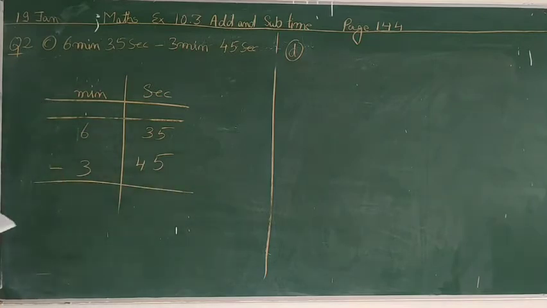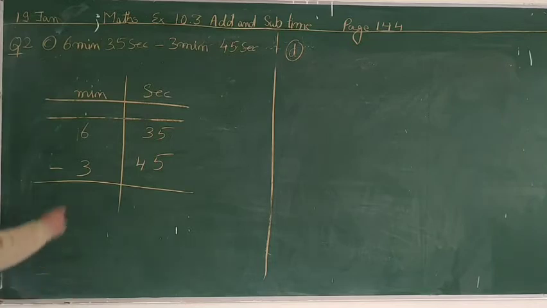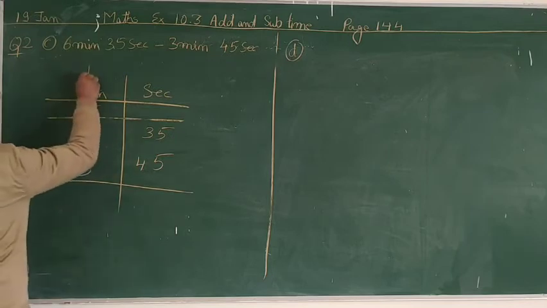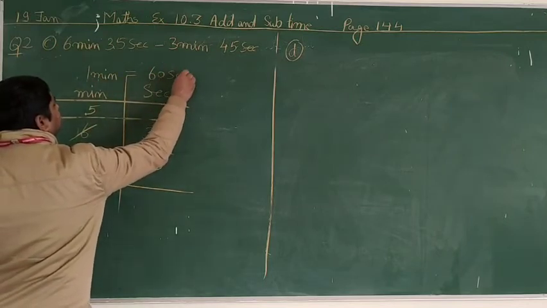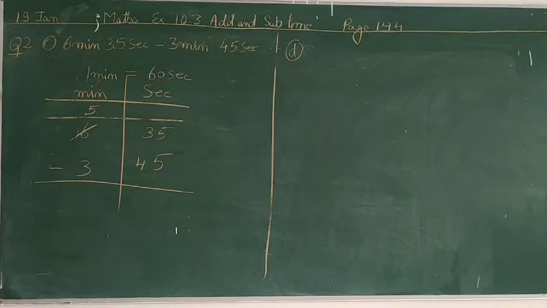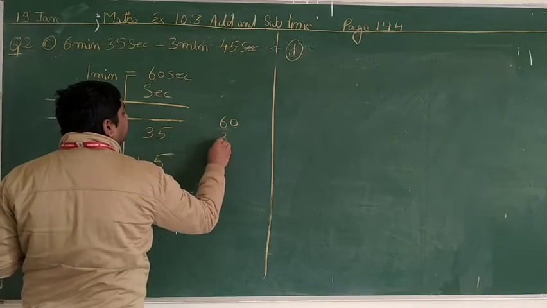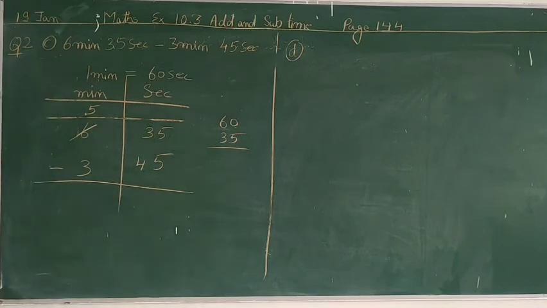But you can't subtract 45 from 35. So you will go to the minute hand and you will ask for a borrow. That 6, please give us a borrow, and 6 will give you a borrow and it will become 5. And we know 1 minute is equal to 60 seconds. So here we borrow 1 minute, but how much we get? We get 60 seconds. And 60 seconds plus the 35 seconds we have, we will add them,